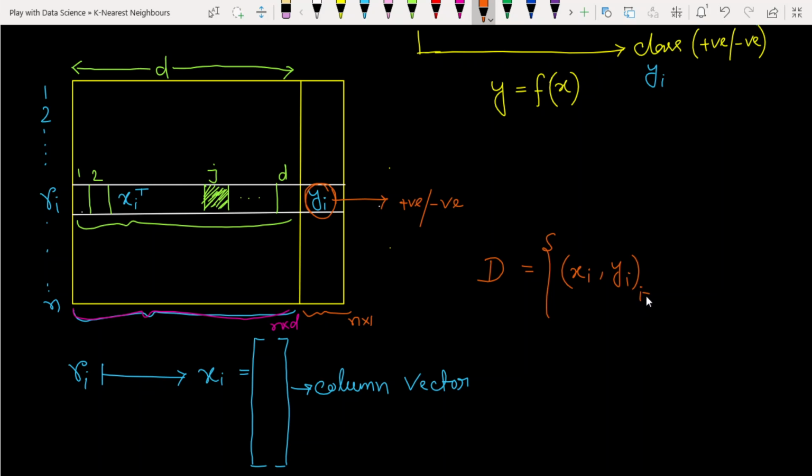So here i will be 1 to n, such that, this symbol in mathematics is called "such that". Here we have taken d-dimensional features, meaning xi belongs to d-dimensional space; xi is a simple d-dimensional vector. And yi belongs to,